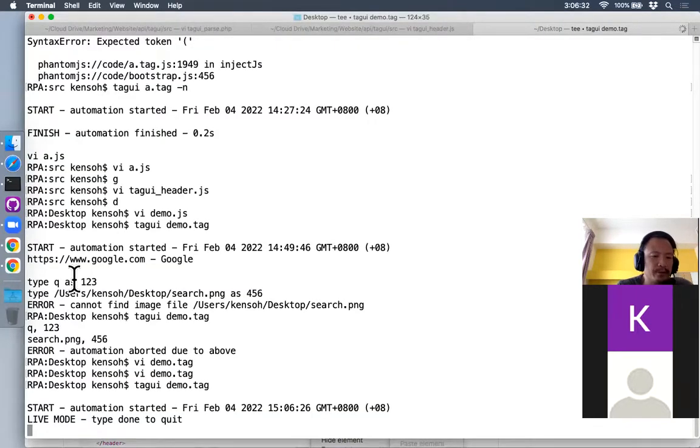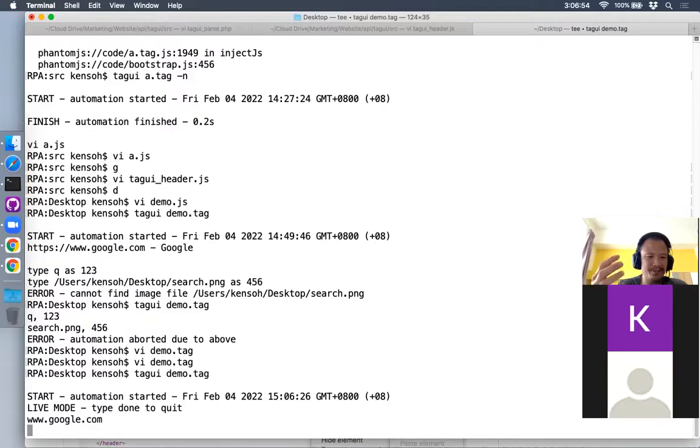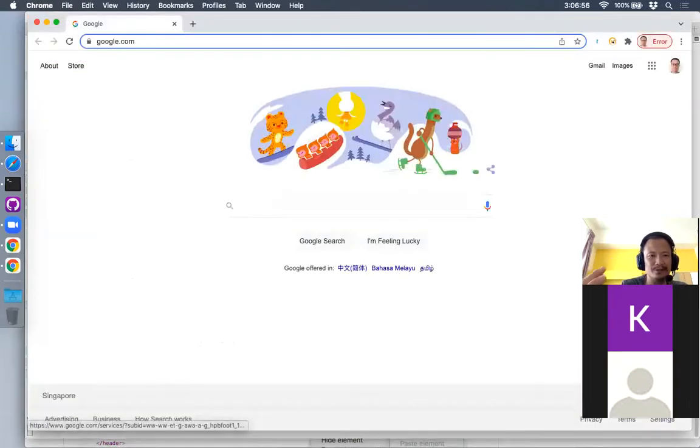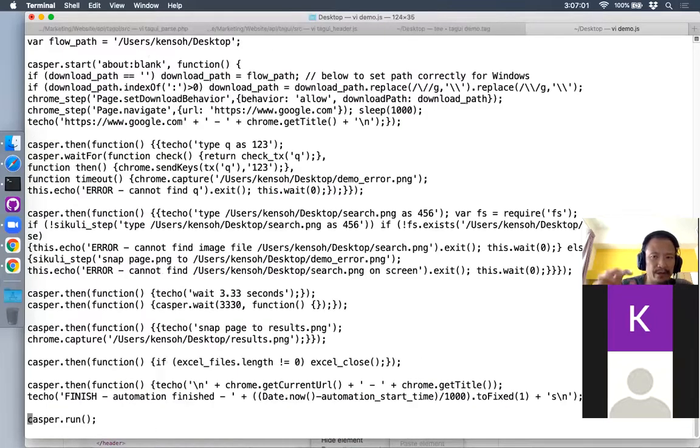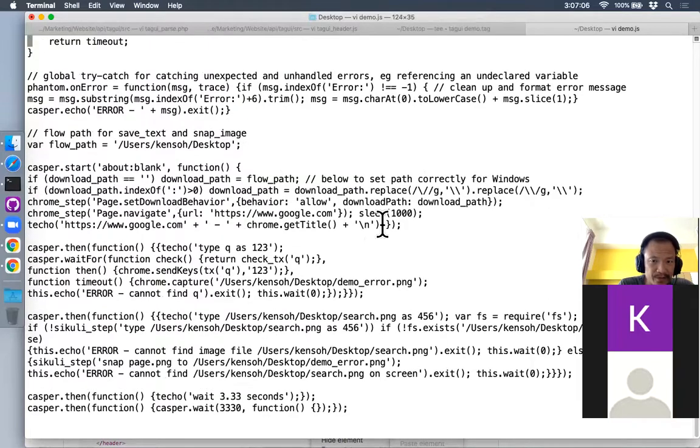Okay, now we are in live mode. So the only processes running now are the entry point for the TagUI command, the Chrome integration engine, and the PhantomJS JavaScript engine, which is the main driver for what we are seeing now. So when I type q, or let's say I go to google.com, what actually converts it into instructions to go to Google? We can take a look at demo.js. So whenever we have a live step, that is converted to